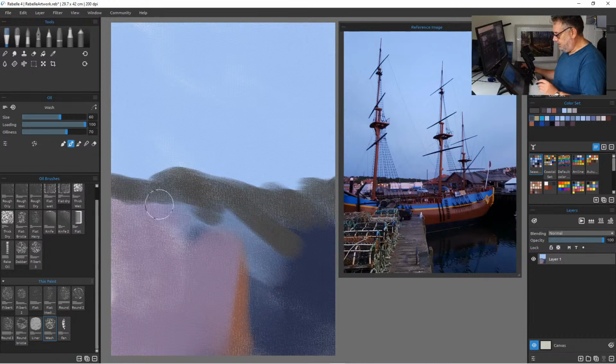Yeah, that's pretty good. I'm happy with that. I'm going to stay on this layer. Now let's try this